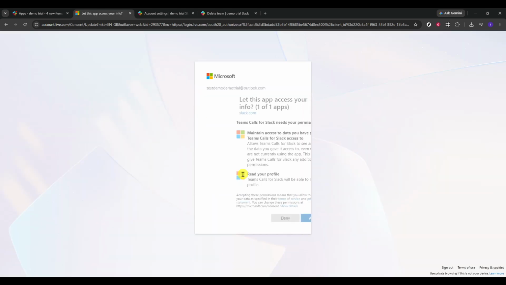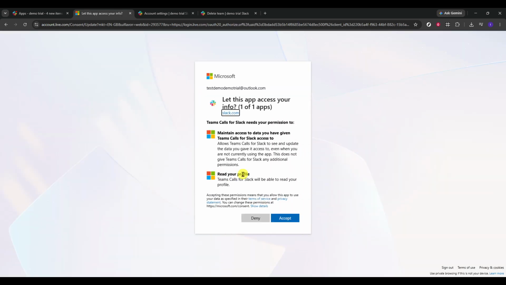adding workplace apps. As you go through the setup, it is a good idea to make sure you are signed into the correct Microsoft account and working in the correct Slack workspace. That can help avoid confusion later, especially if you manage multiple accounts or belong to more than one team environment. Once you finish the on-screen setup, the integration should be connected and ready for use based on your workspace permissions